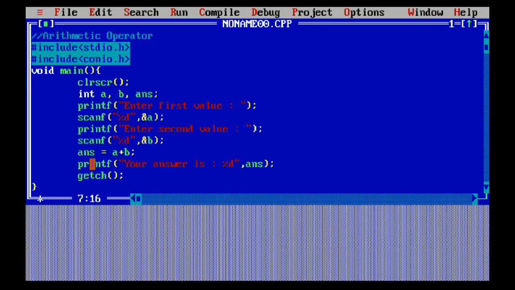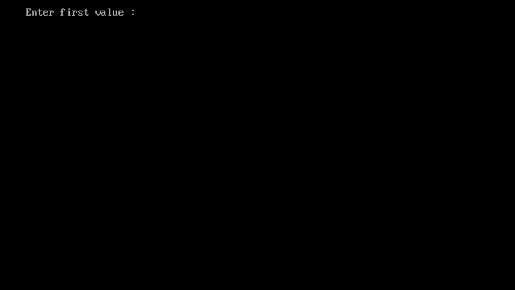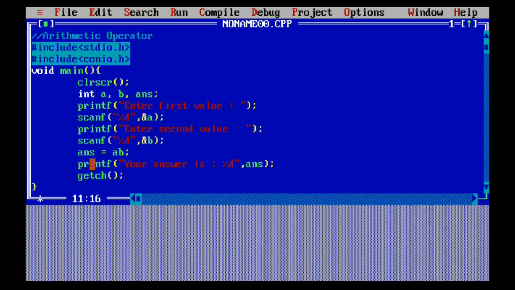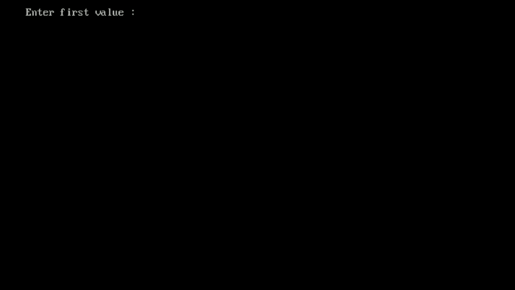This way we can perform other operators, like minus. We just need to swap the sign. So here are the subtraction and the multiplication. 3, 4 and 12.